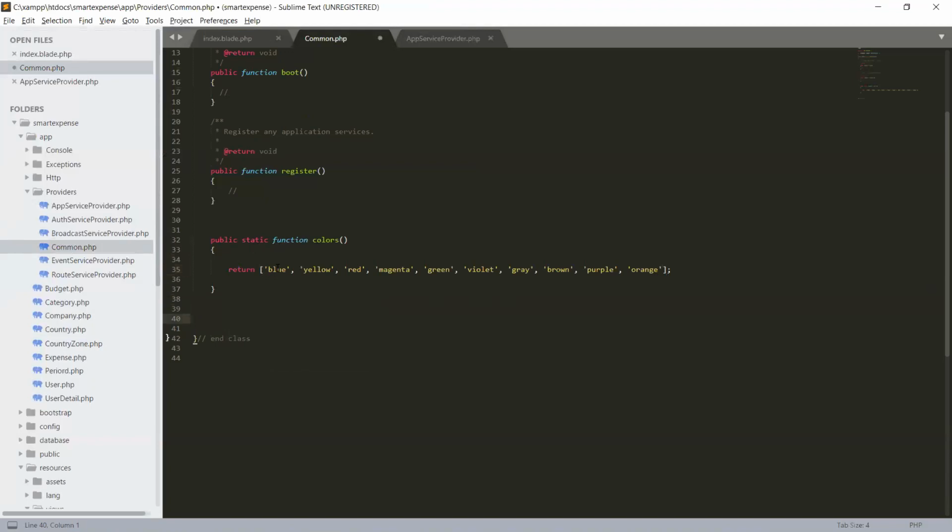So we are giving blue, yellow, comma separated strings. Okay, red, magenta, green, violet, gray, brown, purple, orange, and so on. You can create as many colors as you want to use in your application. So you can give a public static function colors and array.